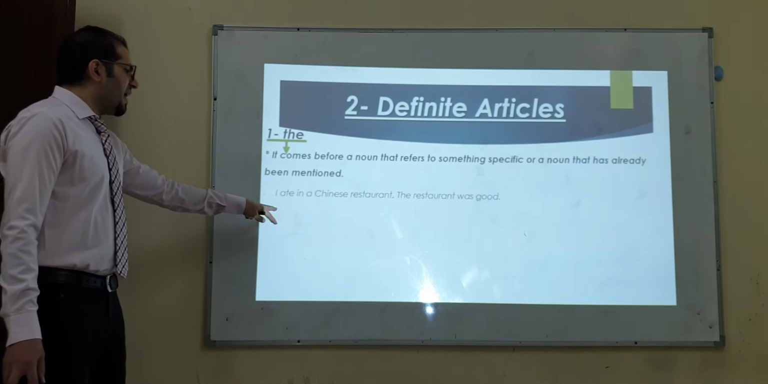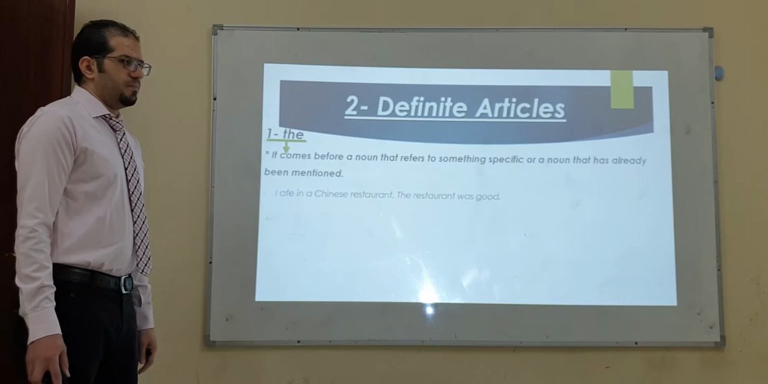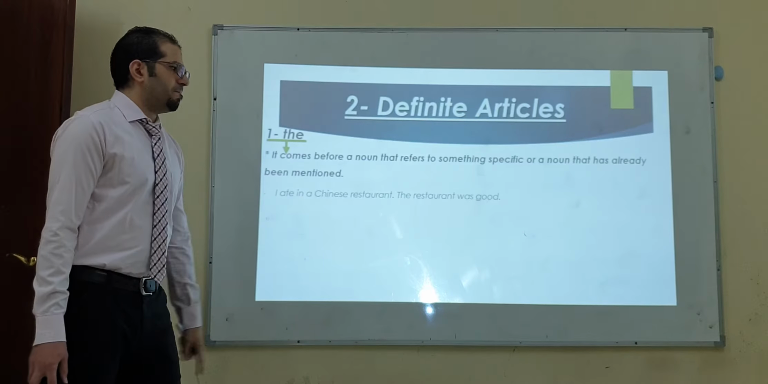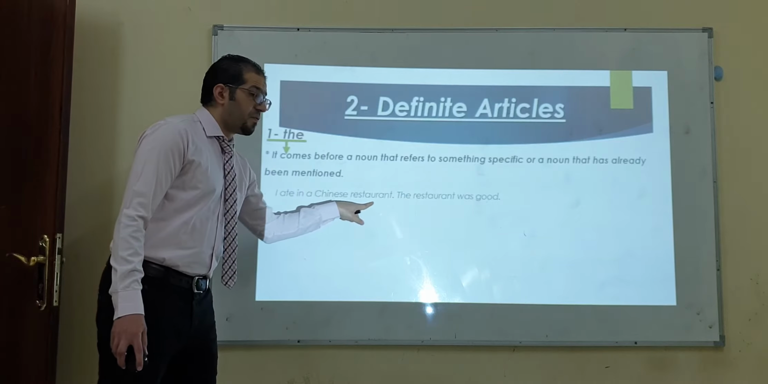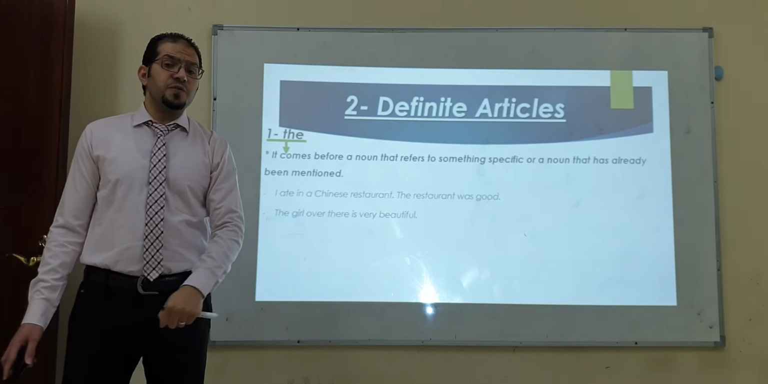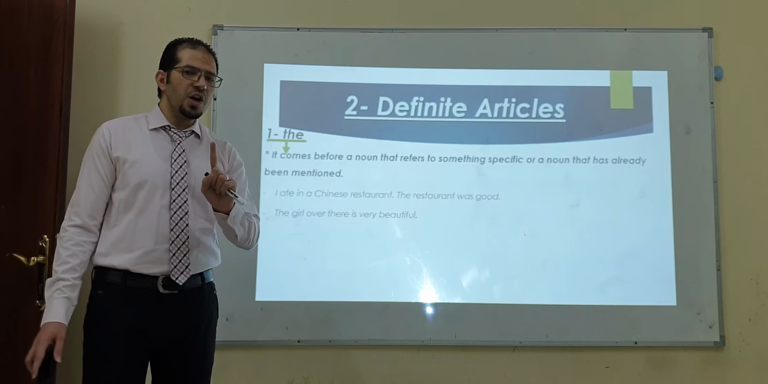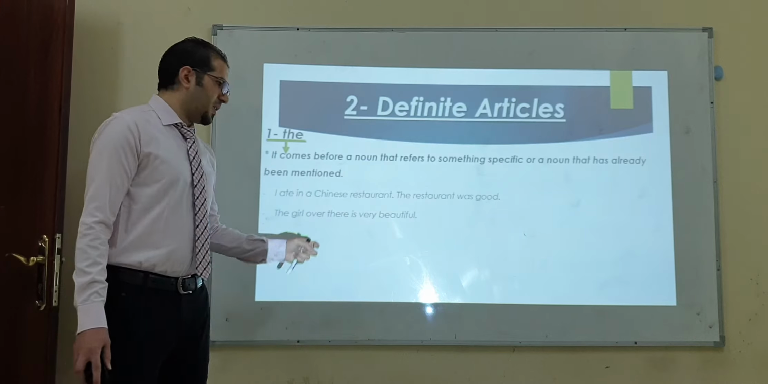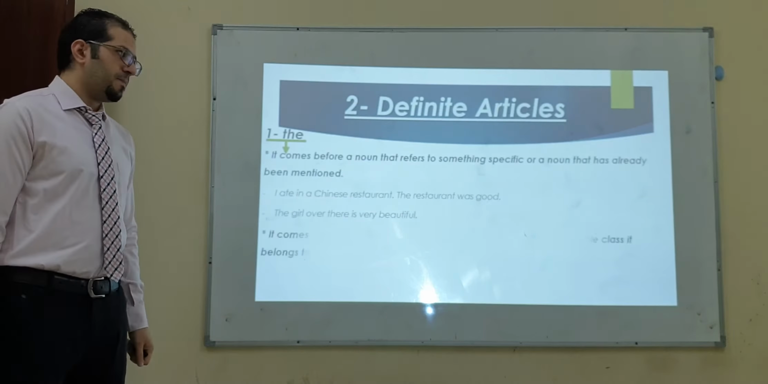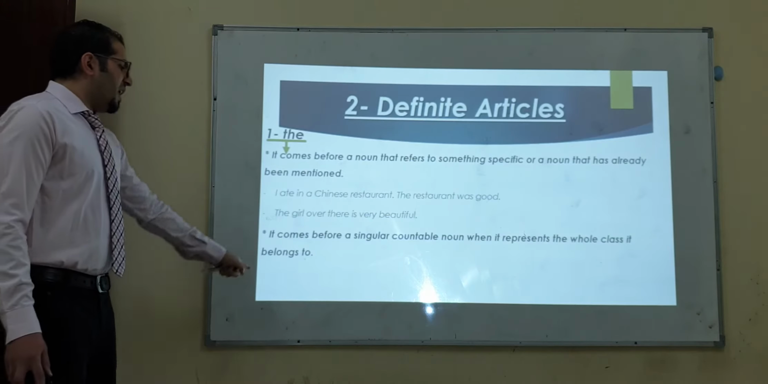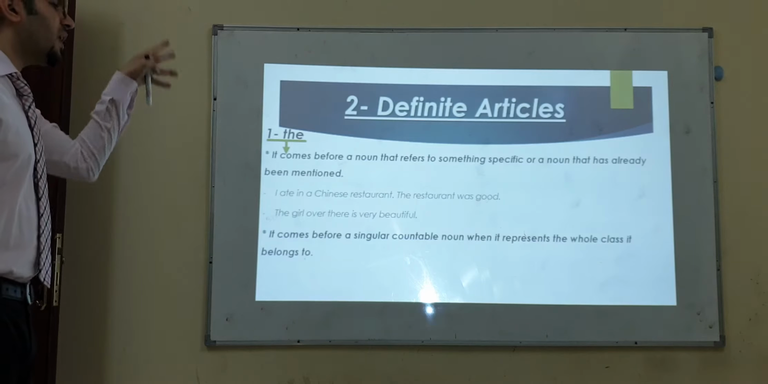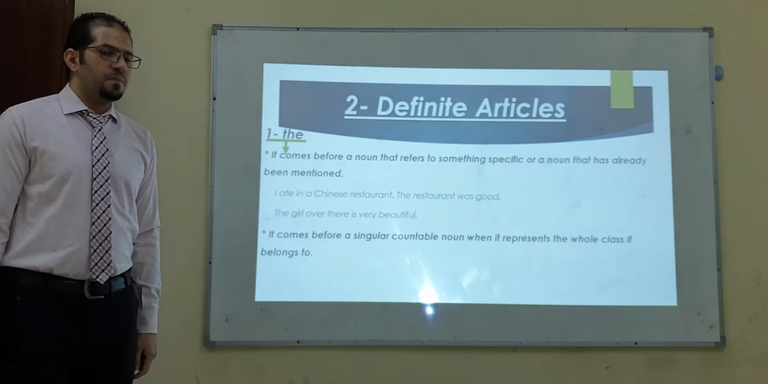For example here, I eat in a Chinese restaurant. The restaurant was good. Here, the restaurant, because I have mentioned it before. The girl over there is very beautiful. Not any girl. This one. Because of that, I use the definite article. Another point here, it comes before a singular countable noun